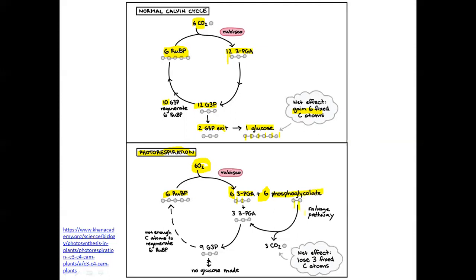So this is also known as salvage pathway, and 3 molecules of carbon dioxide will be released. So the end result will be that they will lose 3 fixed carbon atoms, and no sugar molecule will be generated, no glucose molecule will be generated in that case. So this cycle will run, and then